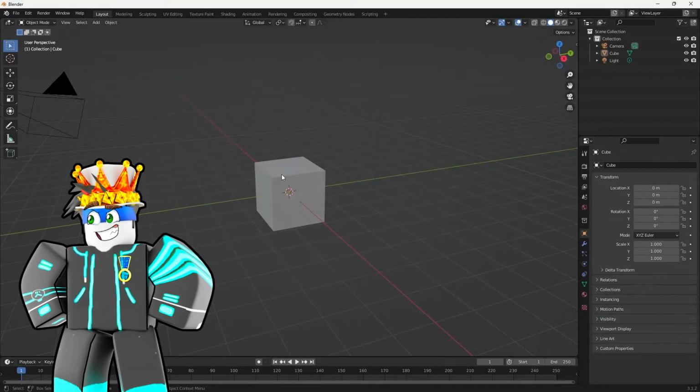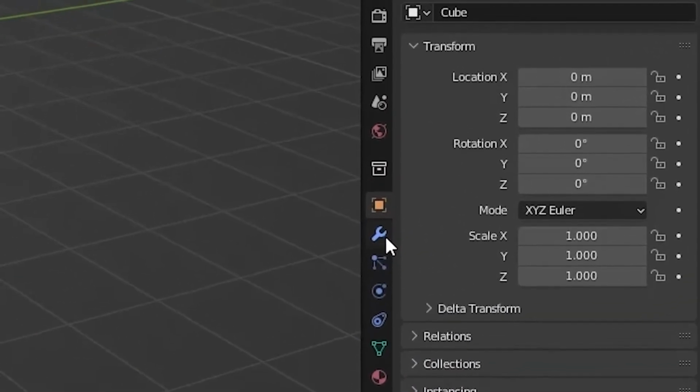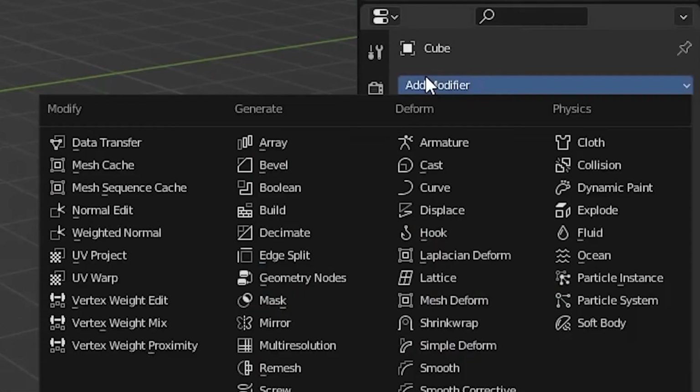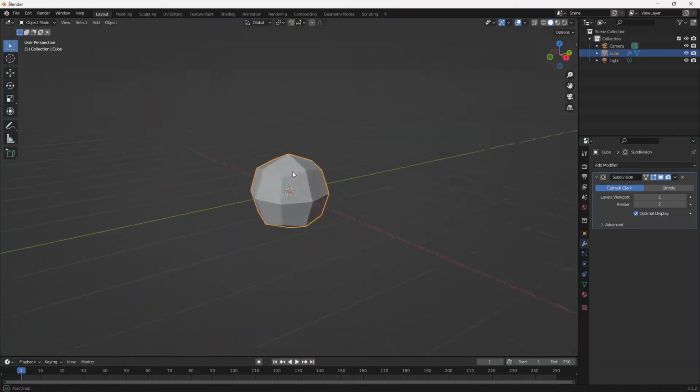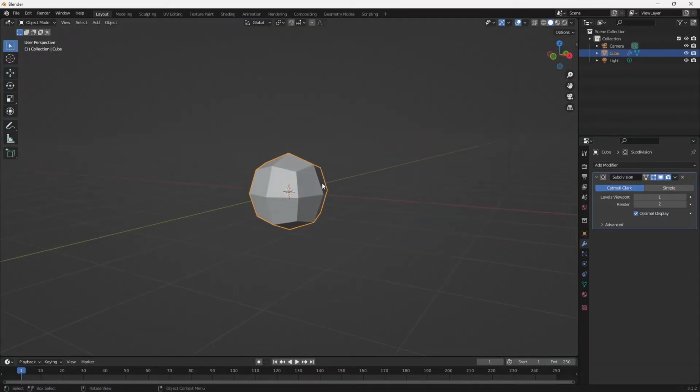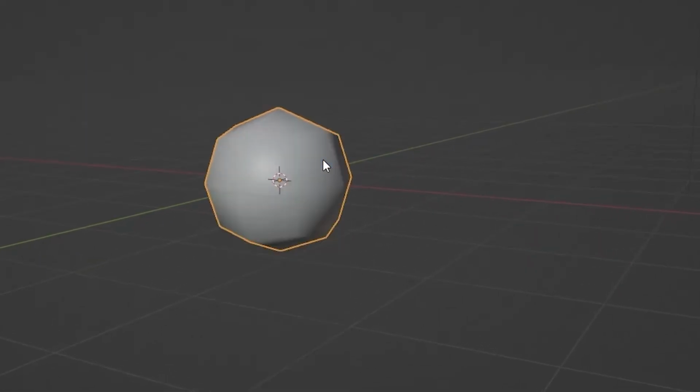And what we're gonna do is we're gonna select our default cube by clicking on it, and we're gonna go to the modifiers panel right here, the wrench. We're gonna add a modifier, and we're gonna add a subdivision surface modifier. So now we get a little bit of a basic bush. Obviously, we're gonna do more to it than this, but we're gonna right click it, hit shade smooth,